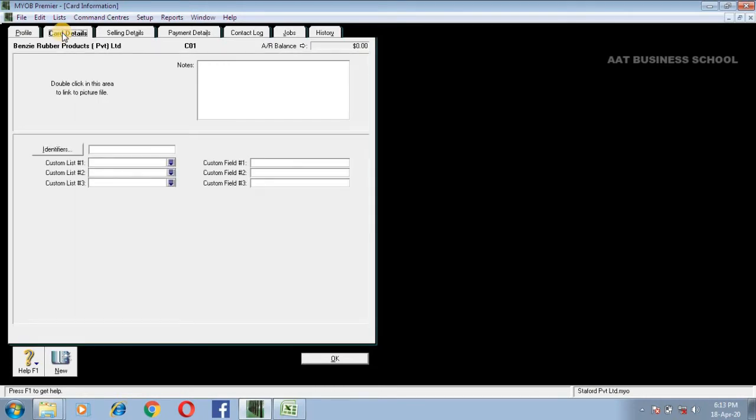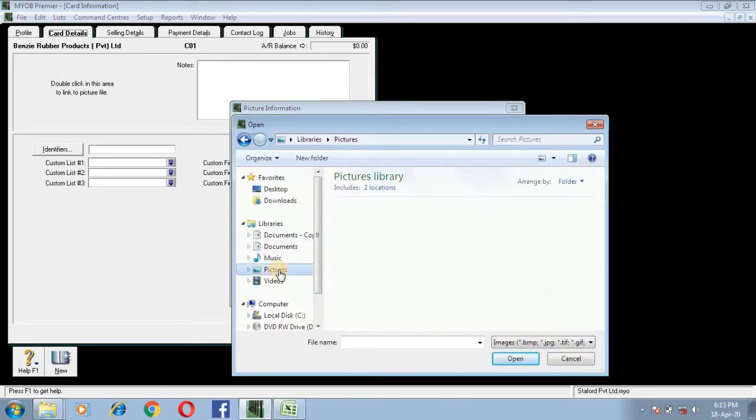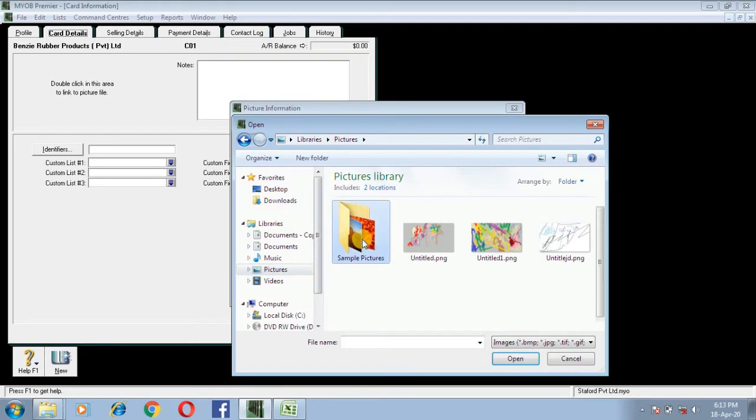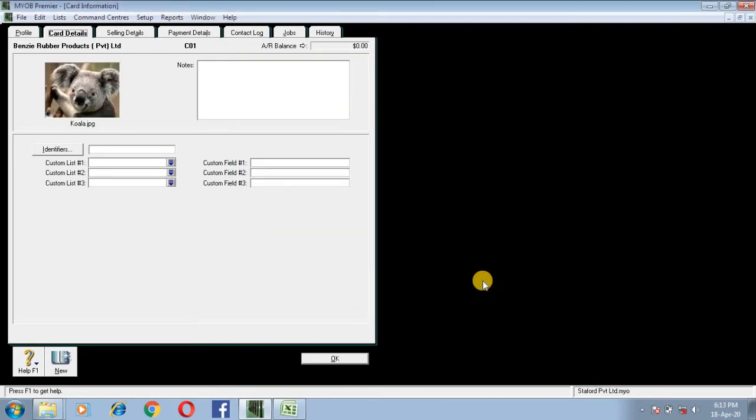Then come to card details. In card details, if you want to have a picture of Bensi Rubber, for example their company logo or anything, you can double click and go to link and link the picture. Then say OK and it comes into your MYOB screen, and also some additional notes you can put.